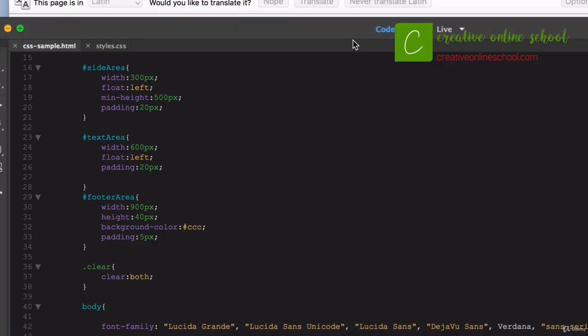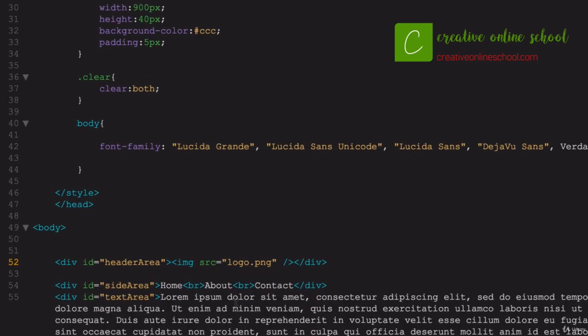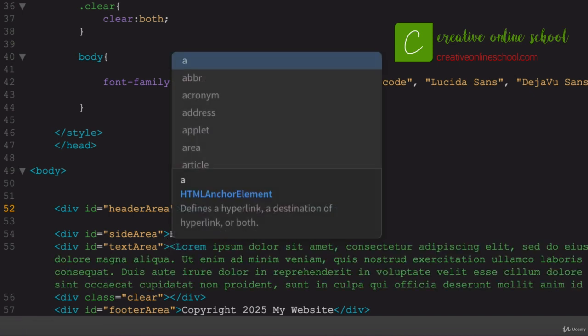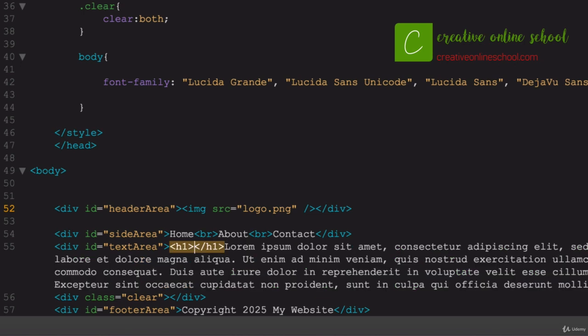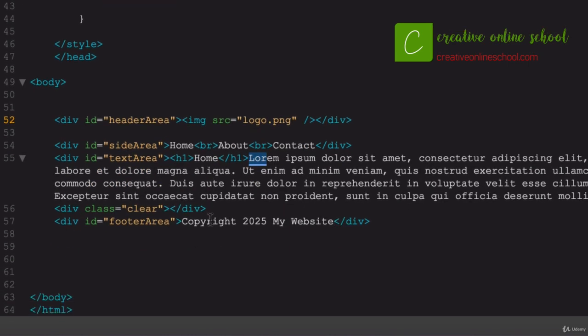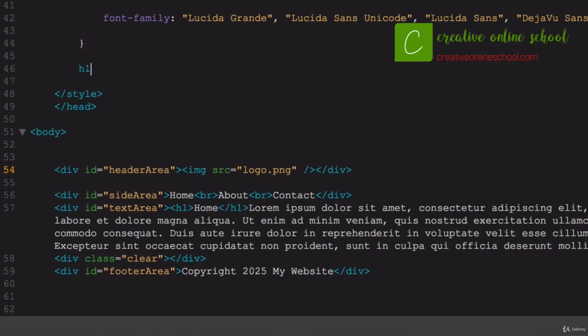So let's go ahead and make sure that we know that we're on the home page and add, within the text area down here, let's give it an H1 tag, and we'll say home, so that we know we're there. Now because it's a header tag, it's going to push this text down to the next line, which is exactly what I want. Now it is going to come in with the default H1 styling, so just like the body tag, let's just target that,